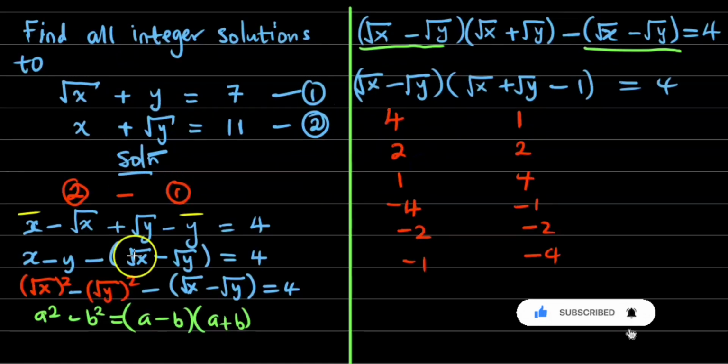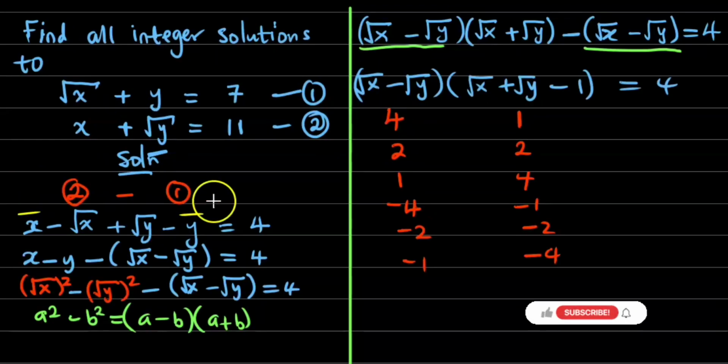And let's check if this solution works. If x is 9, square root of 9 is 3, 3 plus 4, that's 7. That's true. If x is 9, 9 plus square root of 4 is 2, 9 plus 2, that's 11. That's true. I don't know how the method is, but whatever you have,